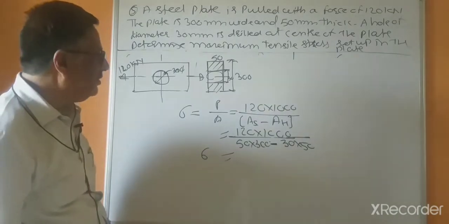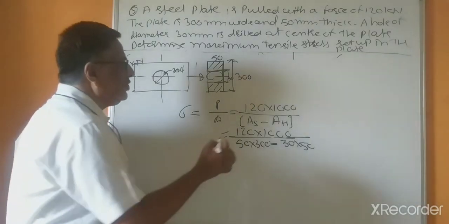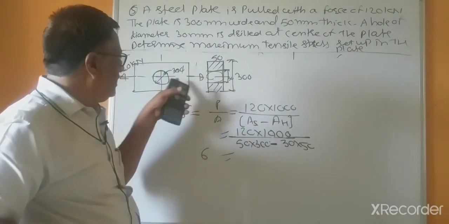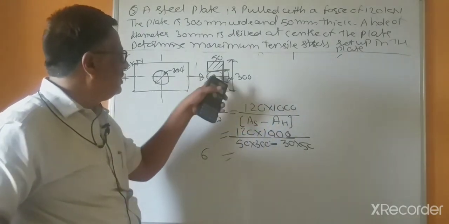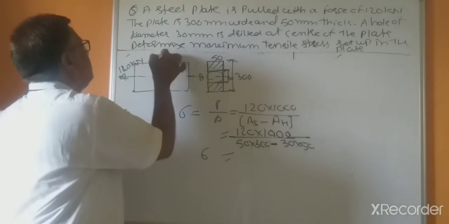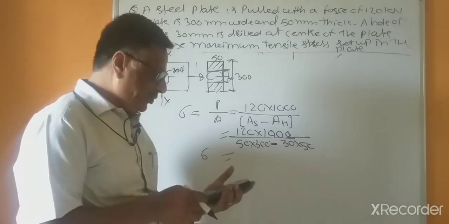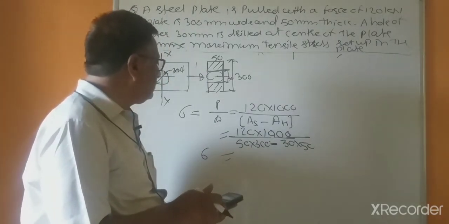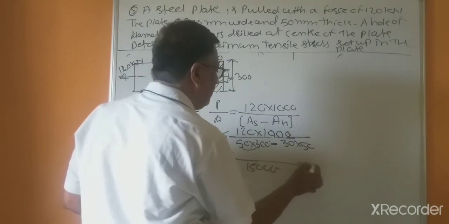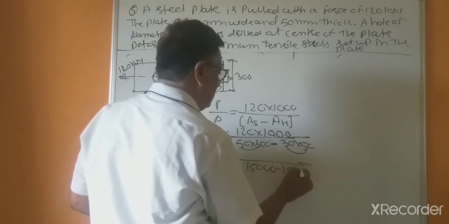So this problem is different. This is the correct solution, because being a mechanical engineer you should know, because maximum students make the mistake here, they may consider this as pi by 4 d squared, but this is a rectangular type. This portion is the hollow portion, because this is the section, minimum cross section area that is to be considered. So that's why 120,000 divided by 13,500.